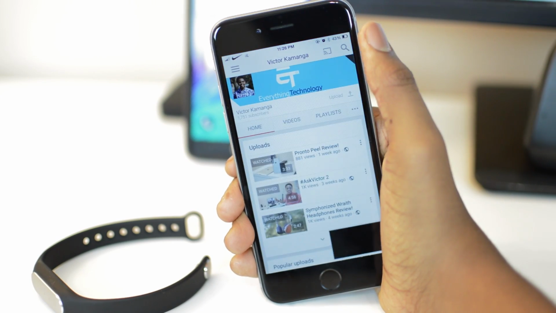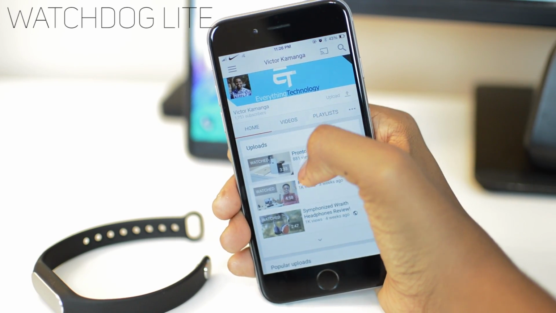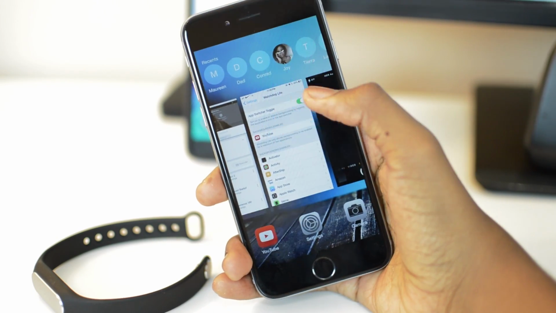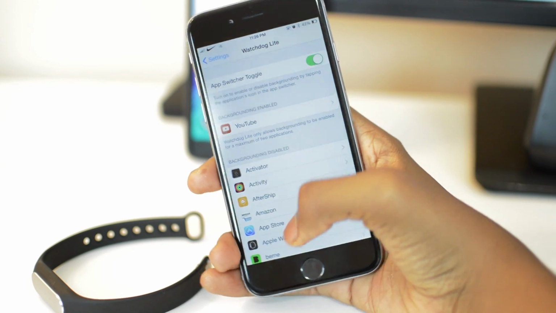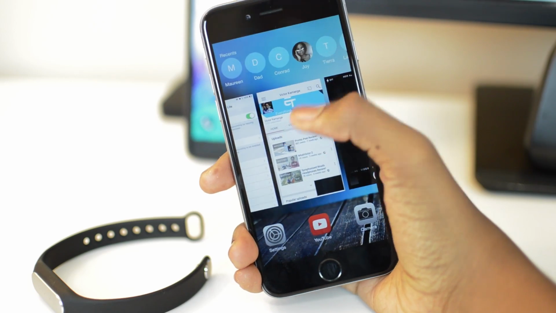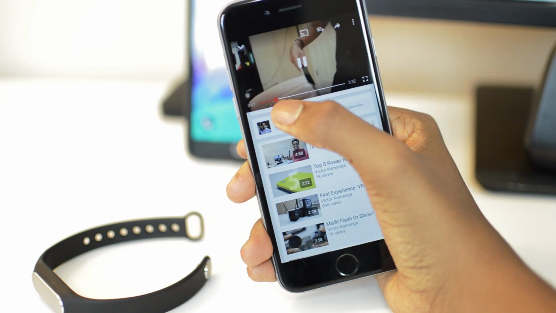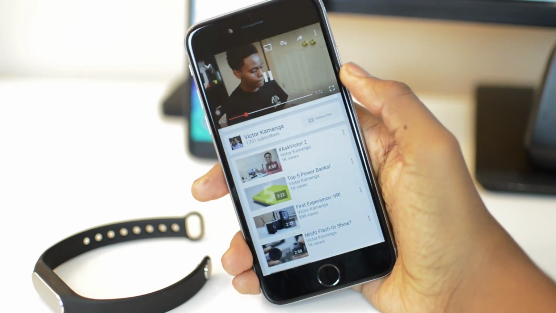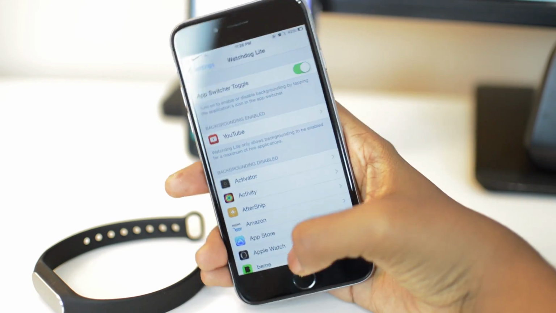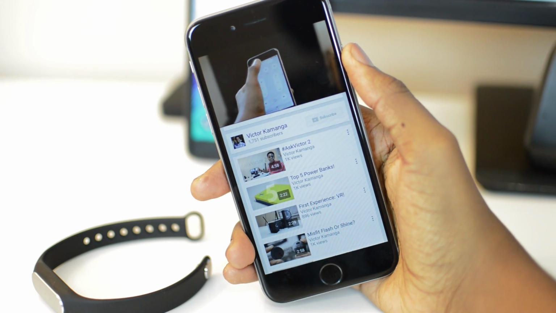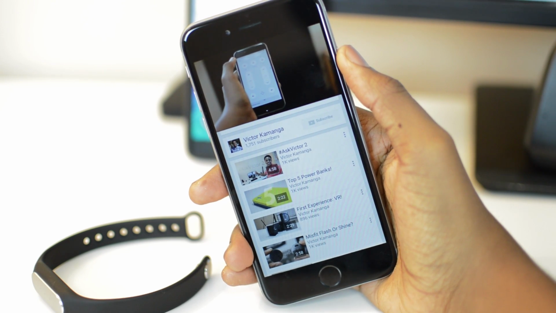Moving on is Watchdog Lite. This tweak allows me to take advantage of that 1 GB of RAM. For example, it'll basically allow me to close out an app, but it's still going to be running in the background as I'm using it. So for example, I have it set up so that the YouTube app will continue running, so I could be playing some music and I could still close out of the application and still lock my device as I'm listening to the